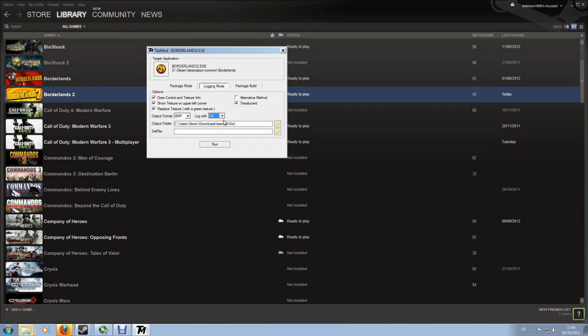I sometimes find that using Enter interferes with the controls that I am using in the game. And I'm going to tick draw control and texture info. I'm going to tick draw texture on upper left corner. I'm going to tick replace texture with a green texture,